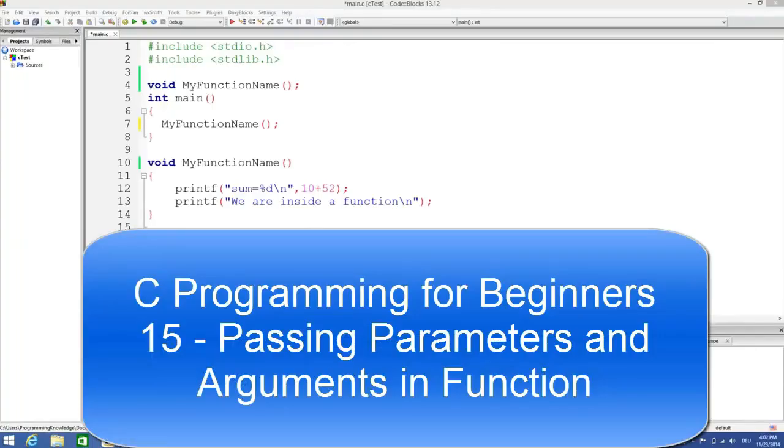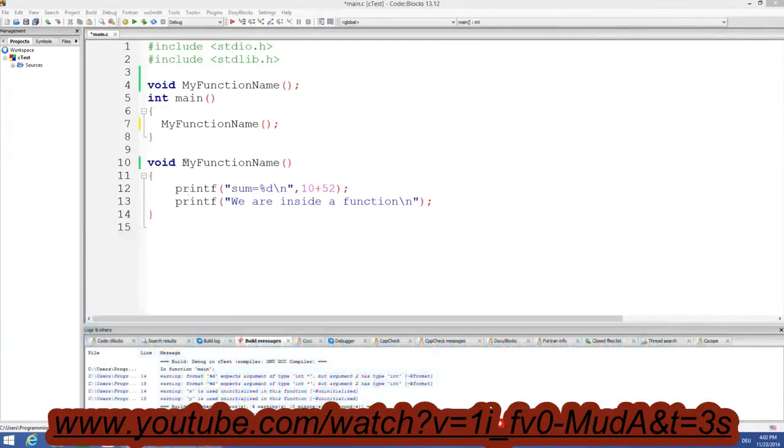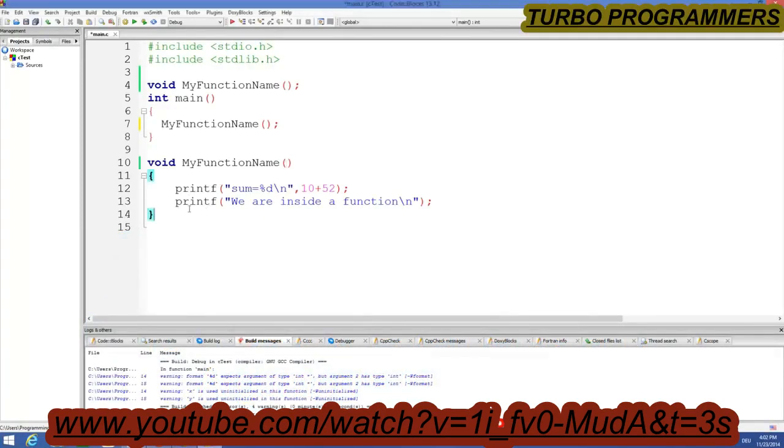The next video tutorial on C programming for beginners. And in the last video I have shown you what is a function and how we can call a function from our main function, right? And how we can declare a simple function like this. Okay, now in this video I'm going to show you how to declare and use a function which takes parameters